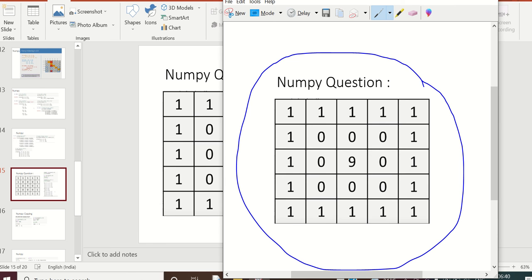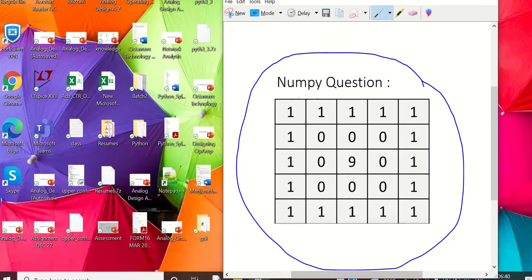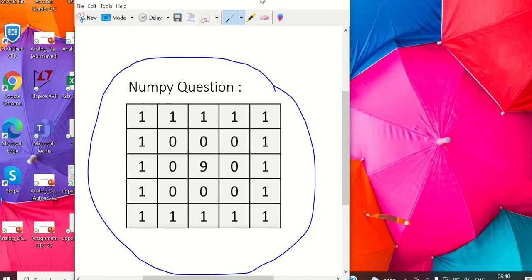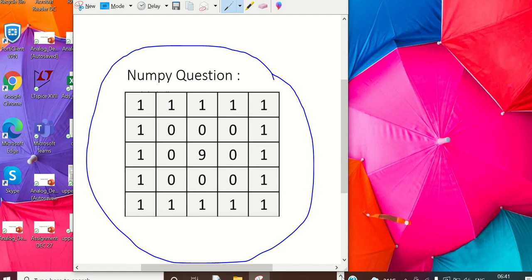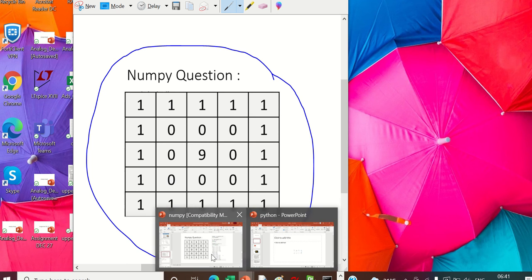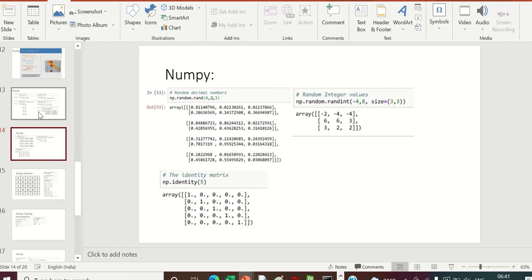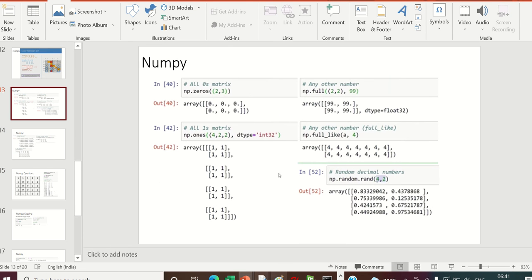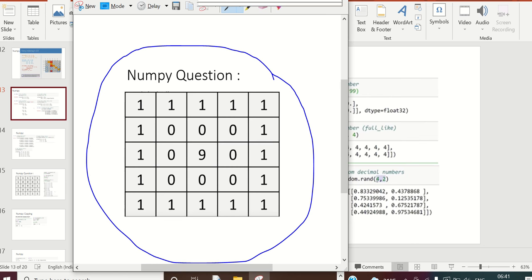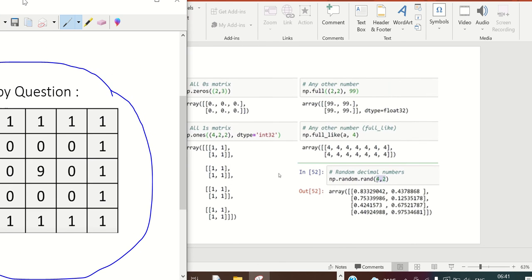I will go to the previous commands and we will see that. Maybe this command will also help. From here you have to do this.